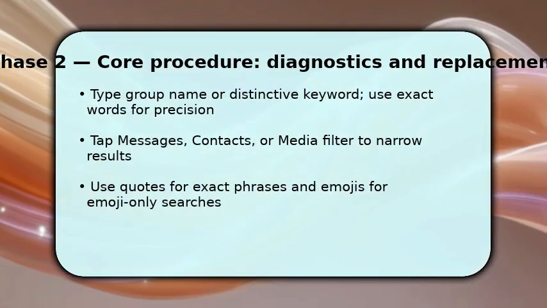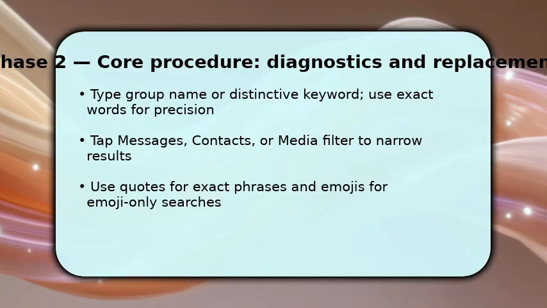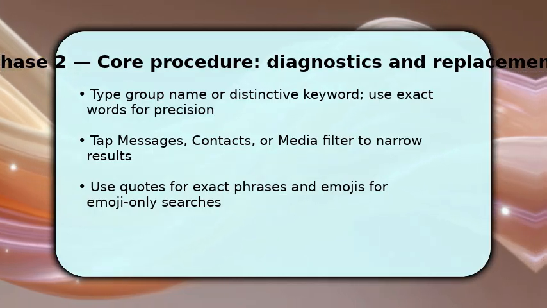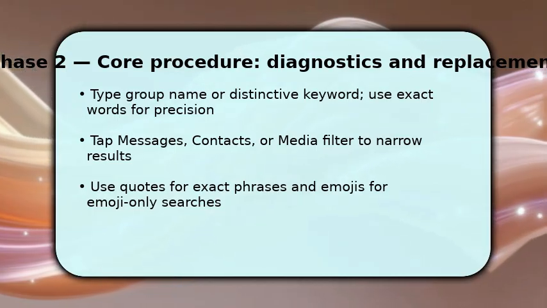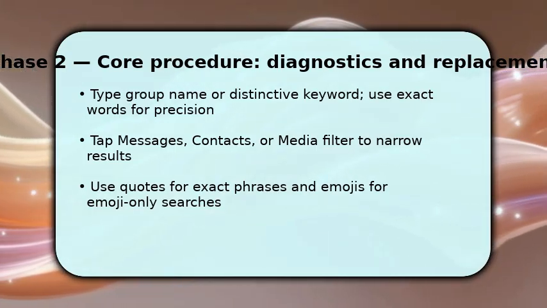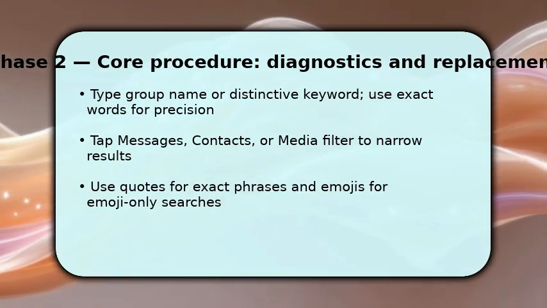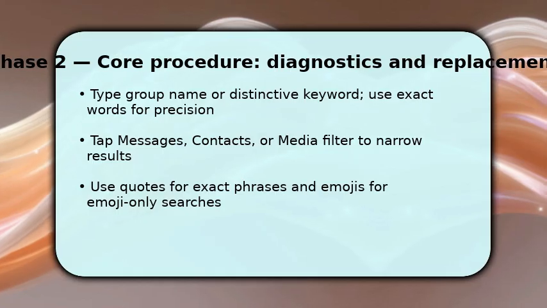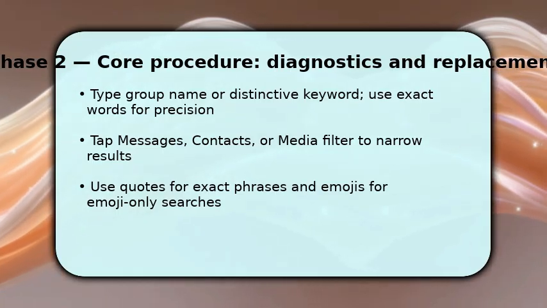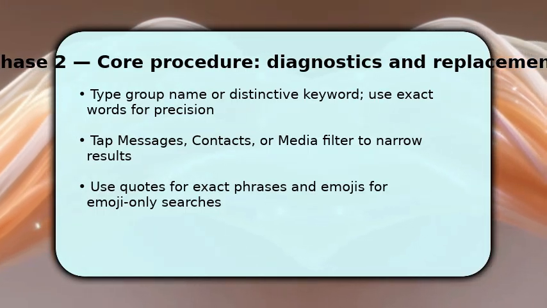You type the group name or a distinctive keyword into search. Pick exact words to cut noise. Then, make use of the filter row. Switch between messages, contacts, and media to narrow results to matching group chats or shared files. If you need precise hits, put a phrase in quotes. Alternatively, paste an emoji to find emoji-heavy groups. These tactics reduce scrolling because WhatsApp returns chats, participants, and specific messages, making it easier to identify the group you